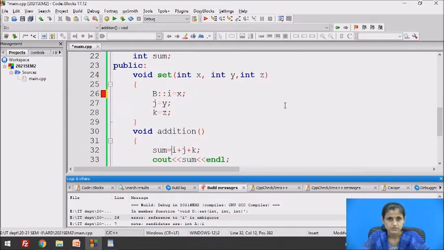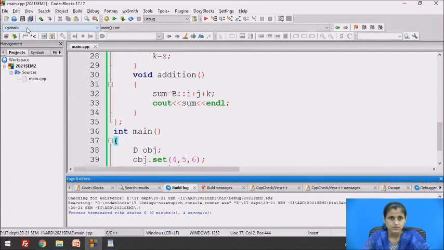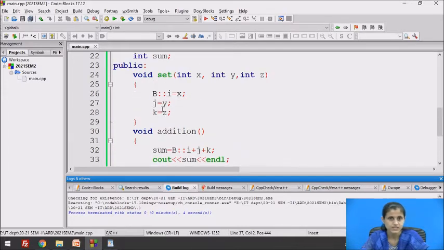And here also we are accessing I. So once again we'll use class B. Now I will build the code once again. The error is resolved and the output printed is 15. Here object D is constructed, set function is called, it sets the values 4, 5 and 6 to i, j and k respectively.